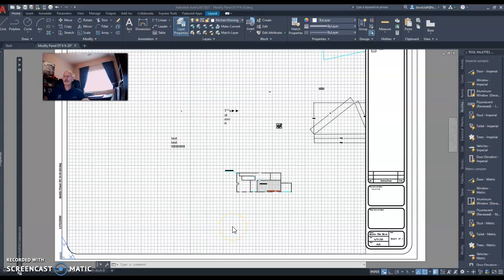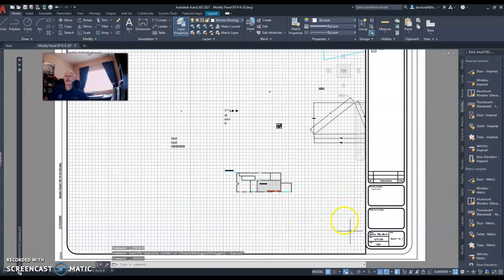Alright, this will be a video on how to scale a drawing in Paperspace. First thing you want to do, of course, is go over to Paperspace and then unlock the viewport by double-clicking on the inside. Once you unlock the viewport, you see the darker line around, you know it's unlocked, and